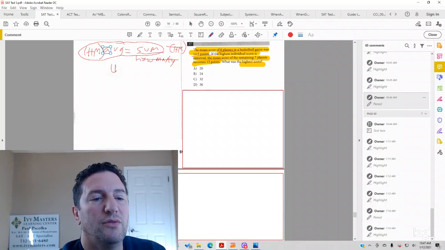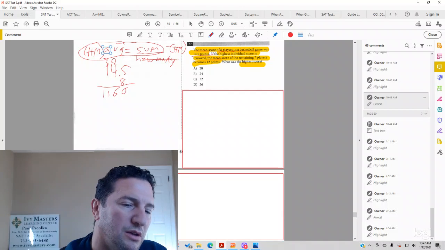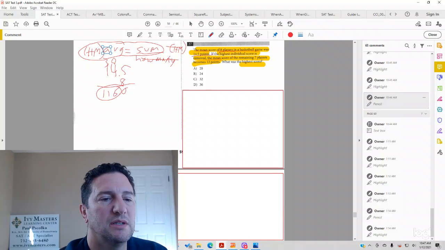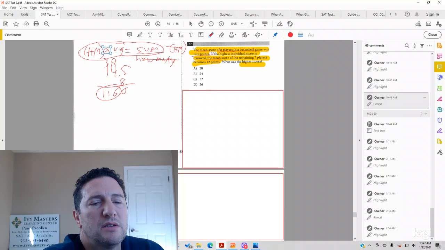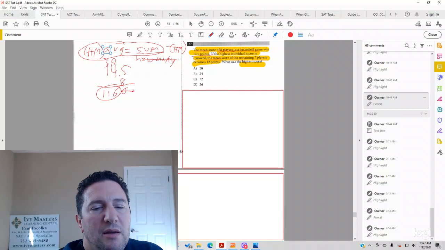So if you've got 8 players and the mean or average is 14.5, all you've got to do is 14.5 times 8. And then what do you get? 0, 4, 32, 36, 3, and we wind up with 116.0, which is just 116. So what do we do with that? Well, we want to label that. That's going to be the sum